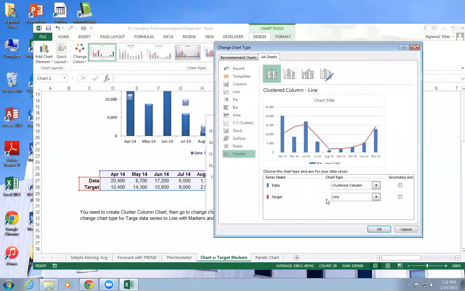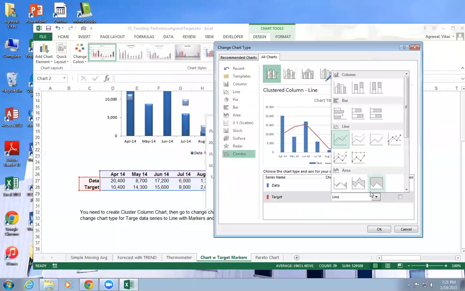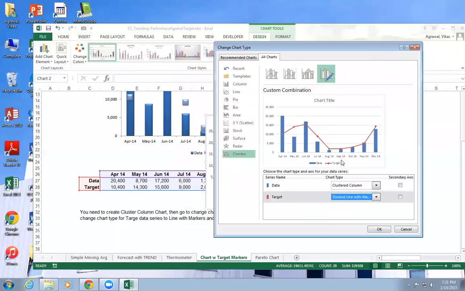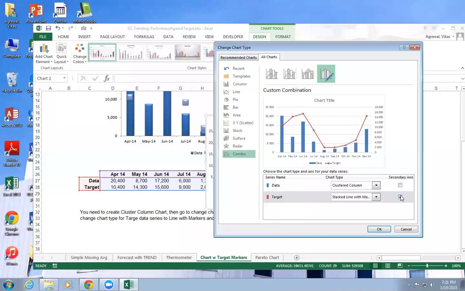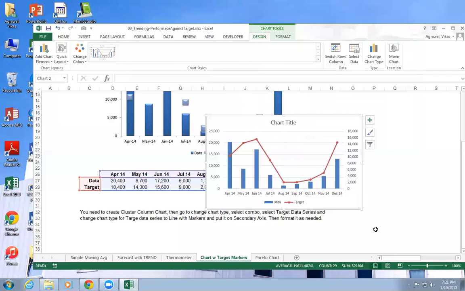For the target, I'm going to say give me lines with markers, okay? And I'm going to put that on a secondary axis. Are you guys with me? Okay, and I'm going to say okay here. So you got that one.